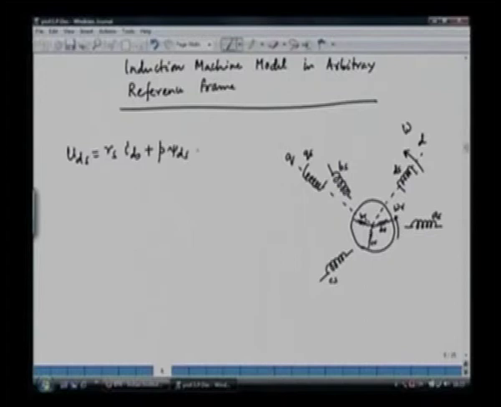So we have to have in this case a rotationally induced EMF, that is omega into psi qs. In a similar fashion, we can write down for the q axis vqs, that's equal to rs iqs plus p psi qs plus omega into psi ds,